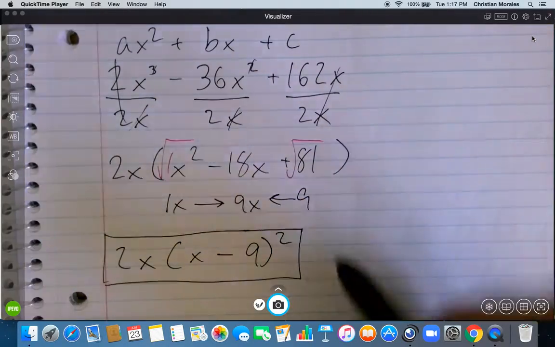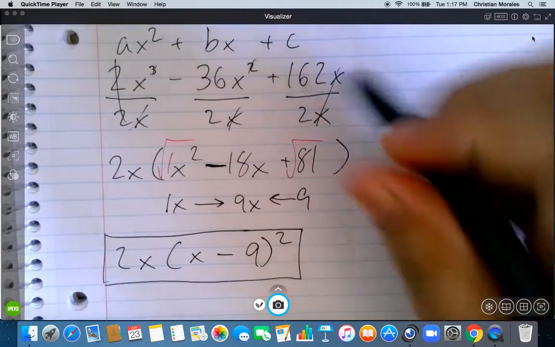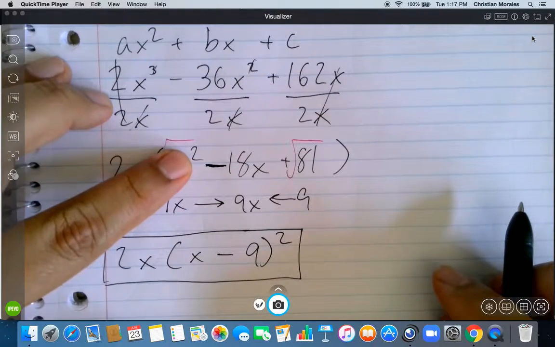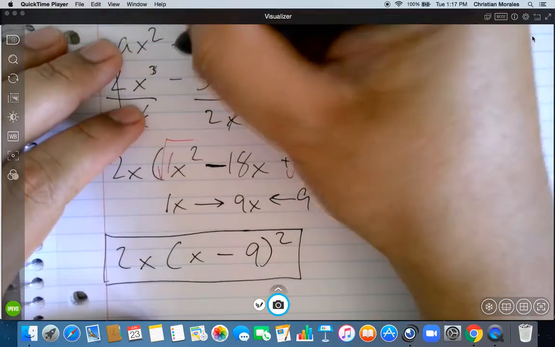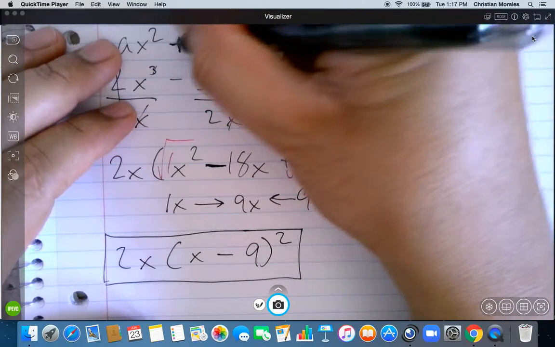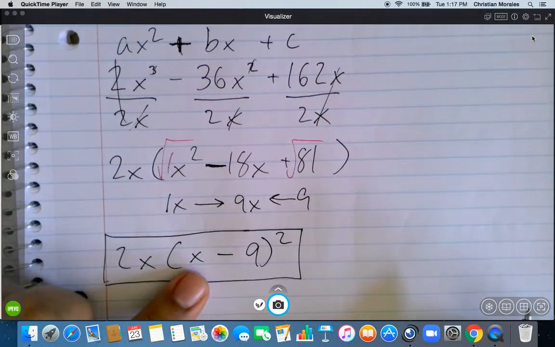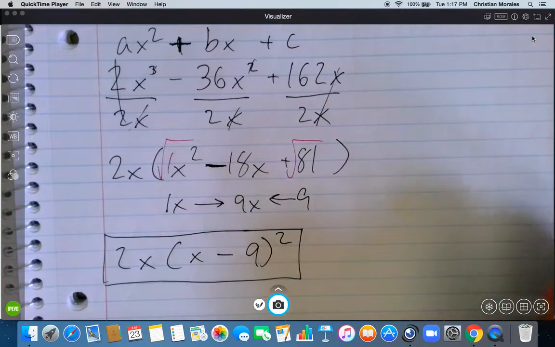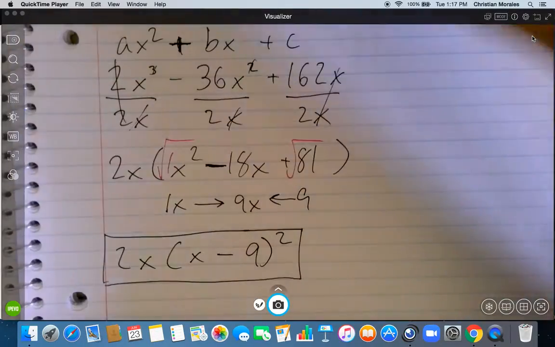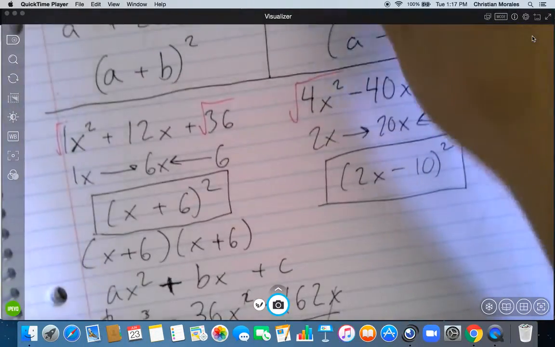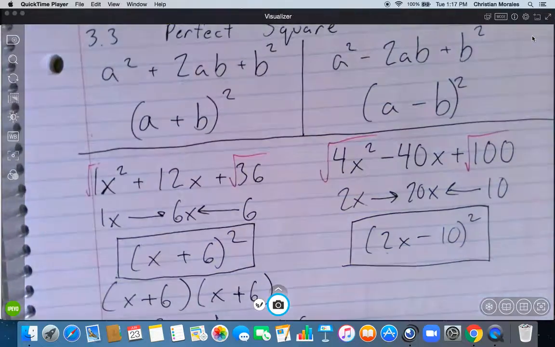Now, how do you know it's a minus? I use the sign in the middle. Because it's a minus sign, I put a minus sign. If it was a plus sign like this one, I would put a plus sign. Okay? Now, this is an optional shortcut. I think it'll save you a lot of time, but if you prefer the area model, go for it. But this will save you so much time if you do it correctly. Okay? So, perfect squares,